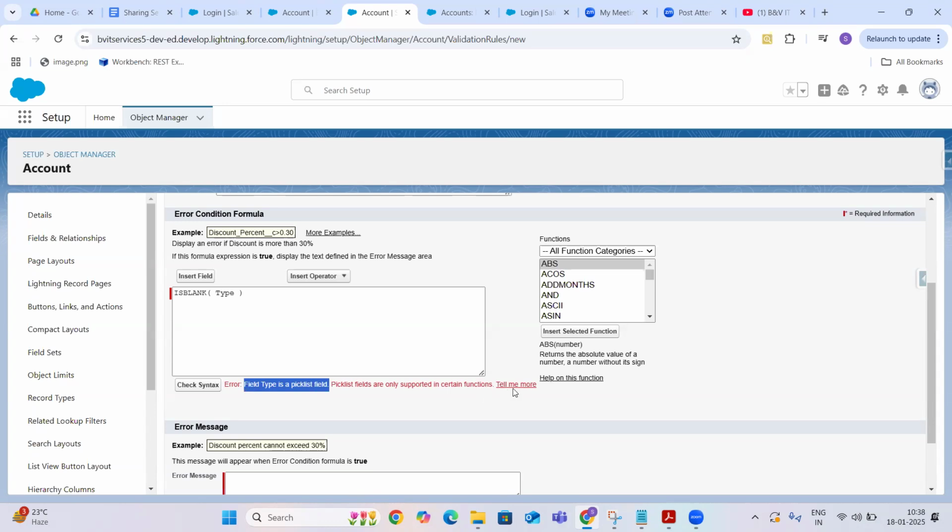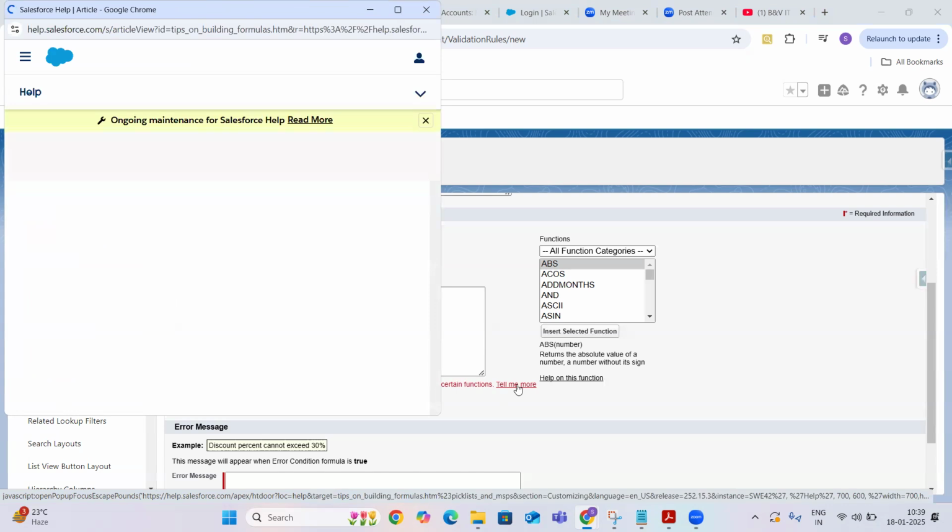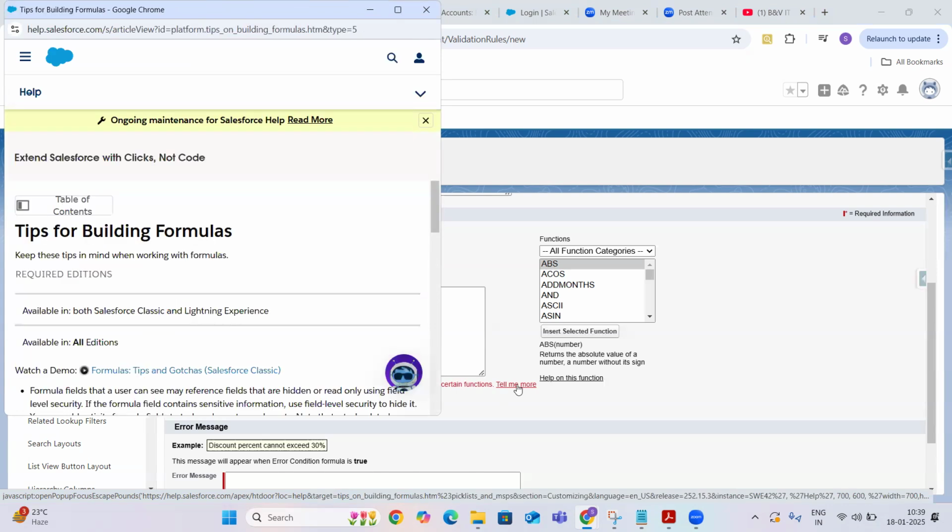If this type is a text field, guys, obviously we can easily write the validation like is blank of that particular type field. But when you are working with picklist fields, you should be very careful because picklist fields support only a few functionalities. Whenever you click on this tell me more, we can see what all functionalities it generally supports. One of the functionalities it supports is the text function, guys.